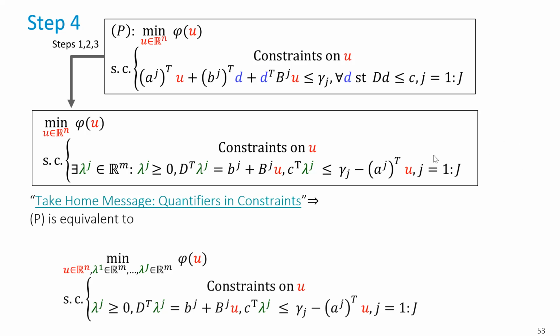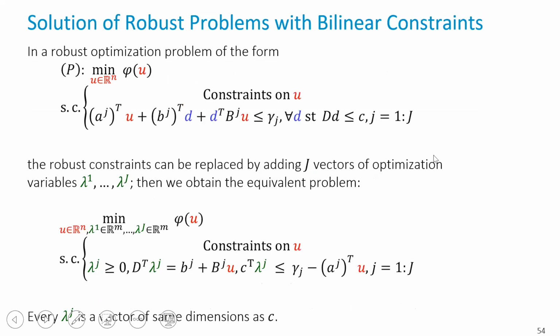So if we summarize and put together all the different steps that we've seen before, we have this algorithm. If I have a robust optimization problem where everything is linear, except there is a bilinear term in the disturbance and the constraints depend bilinearly on both, then I can get rid entirely of the robust part by replacing every robust constraint by one different constraint